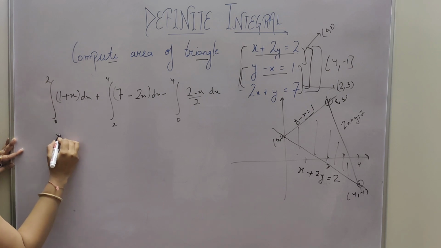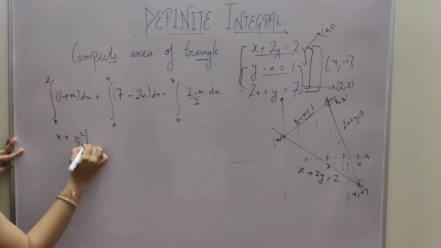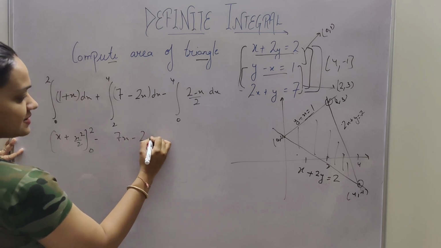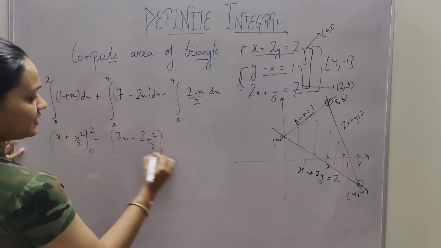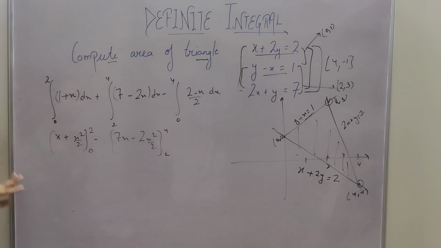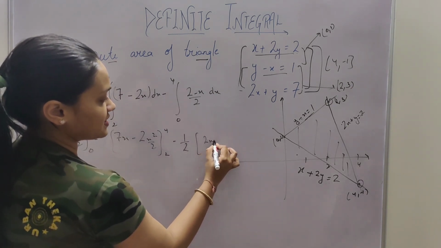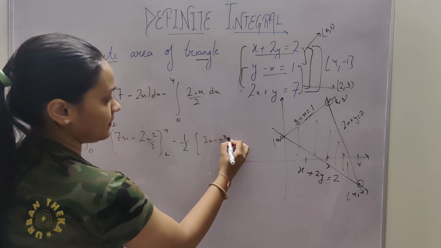Now integrating, x plus x square upon 2, from 0 to 2, plus 7x minus 2x square upon 2, from 2 to 4, minus, taking 1 upon 2 common, 2x minus x square upon 2,